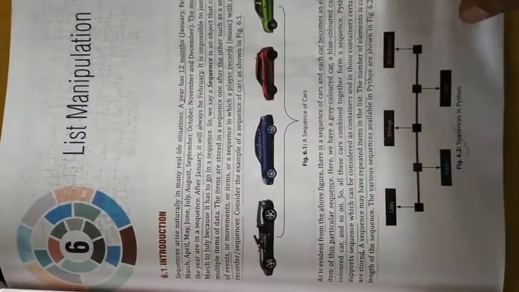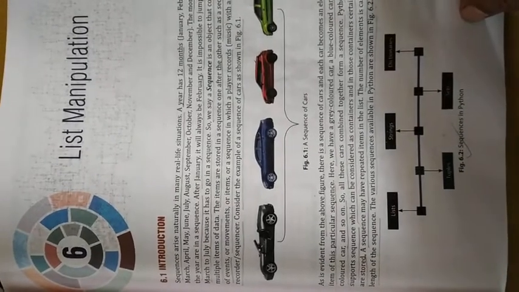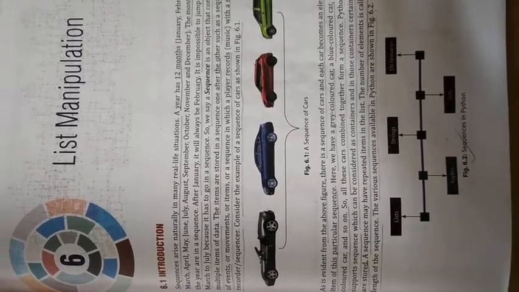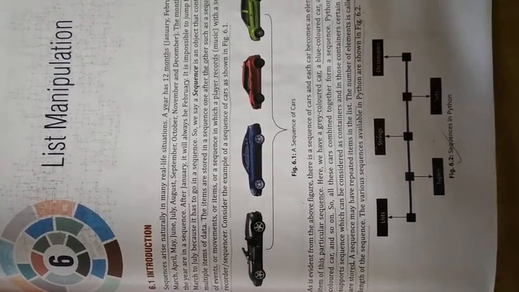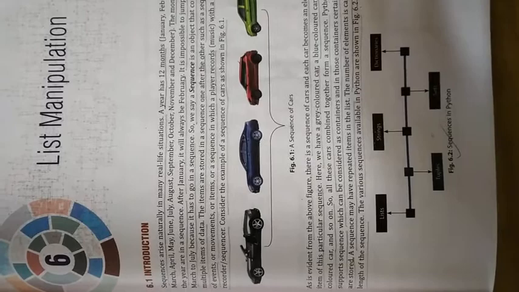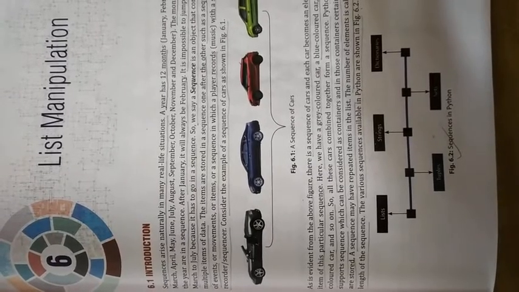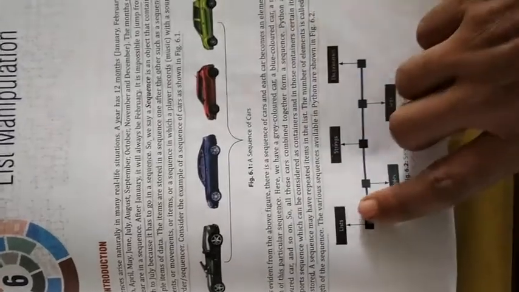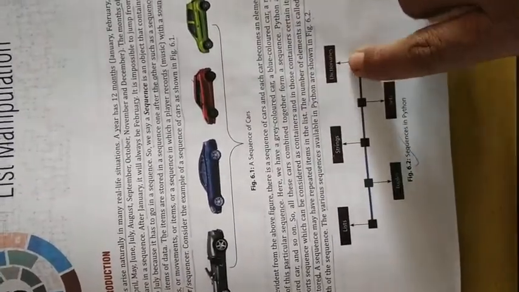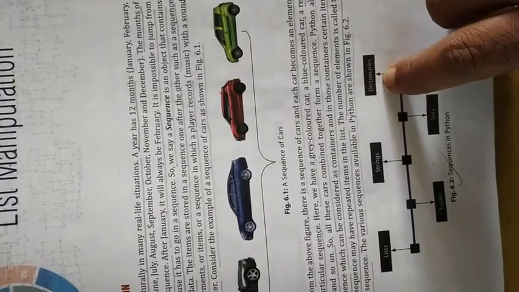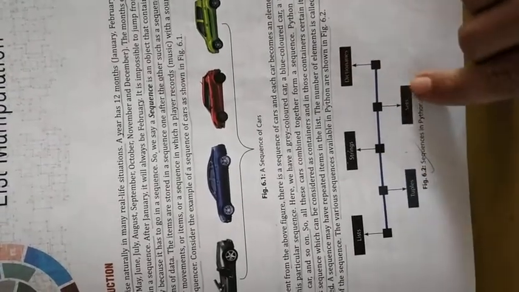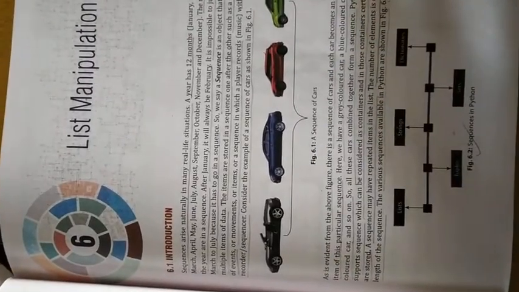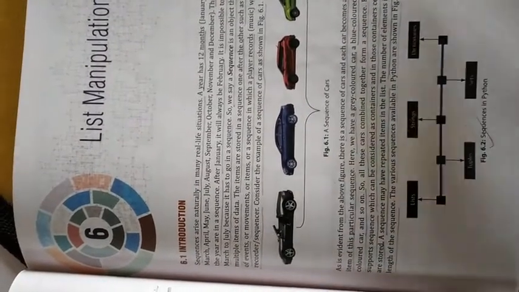Before starting this chapter, let me tell you what a list is. A list is a part of a sequence. As we have learned, a string is a part of a sequence. In the same way, a list is also a part of a sequence. Tuples, list, string, then comes your dictionary, tuples and sets. All these are parts of a sequence. So we will discuss what a sequence is first.